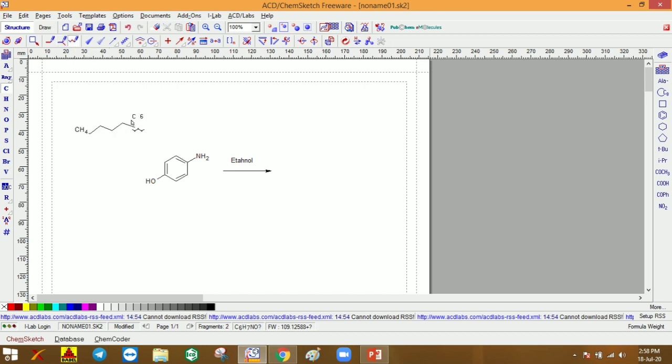So by clicking this you can see, how many chain lengths you want you can mention, and if you leave the cursor it is going to give the chain length of that particular carbon atom, an alkane it is going to give. So different bonds it is giving: up stereo bonds, down stereo bonds, different coordinate bonds, and an undefined stereo bond. And in the reactions we can use two reactants, between them we can make a plus mark like this, and we can see the 3D form of the compound by 3D optimization.